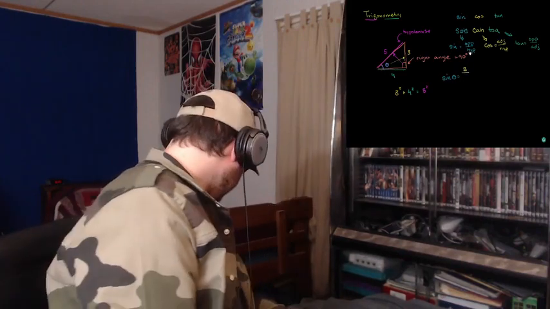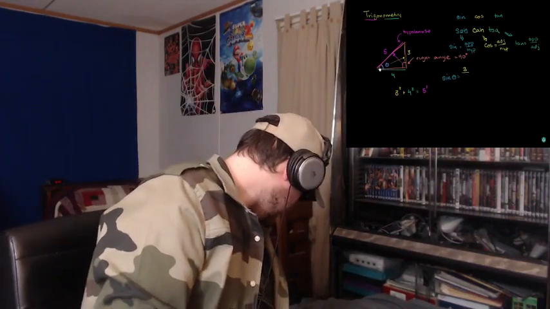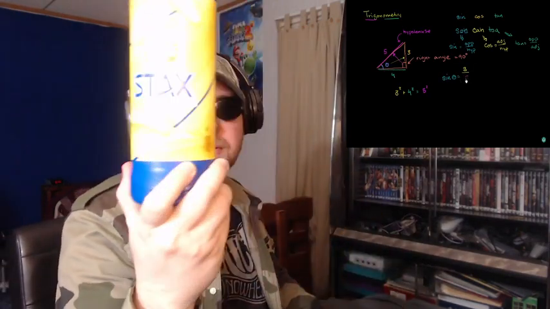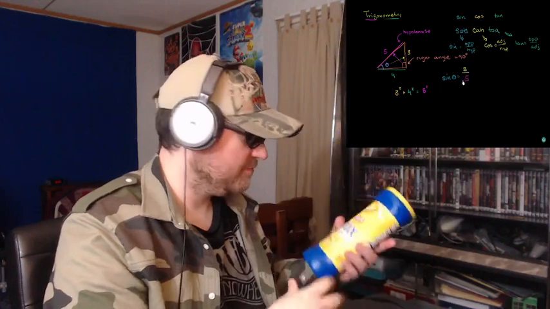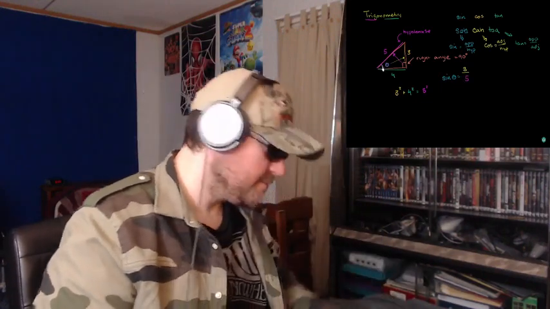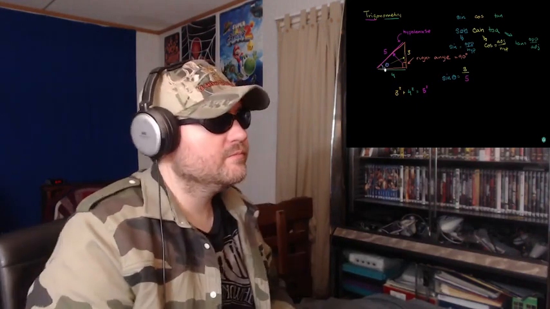And then what's the hypotenuse? The hypotenuse, well, we already know the hypotenuse here is 5. So it's 3 over 5. The sine of theta is 3/5. And I'm going to show you in a second that the sine of theta